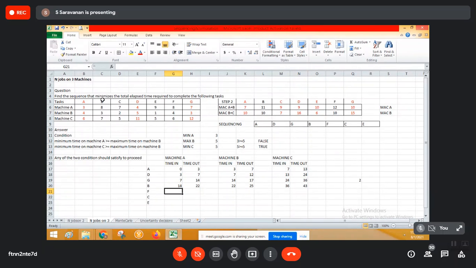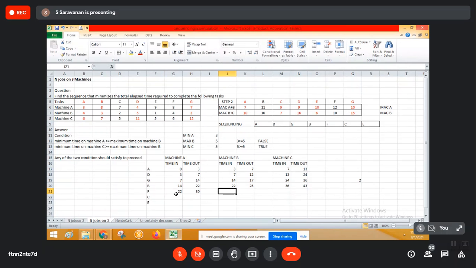F. So we have completed B. So do we have time? We have only 8 minutes. We have to rush up. Okay. So F. So at 22 machine can take the job. So 22 plus what we are doing F, no? F8. So 30. So it can complete the job at 30.